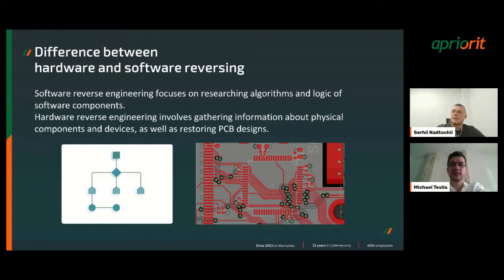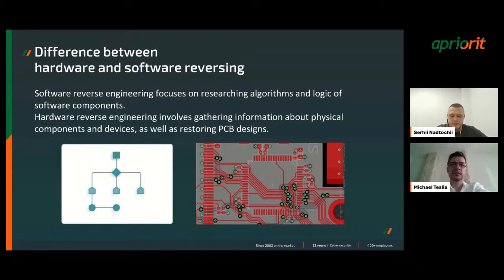There are similarities and, of course, differences between the more familiar software reverse engineering and hardware reverse engineering. Software reverse engineering mostly focuses on researching the algorithms and the logic of the software components.